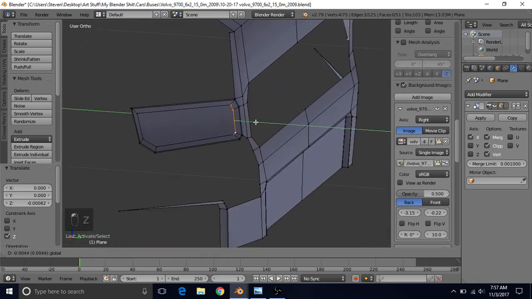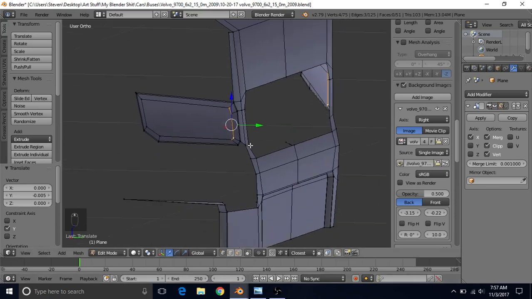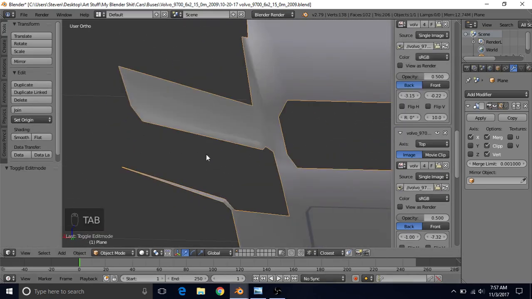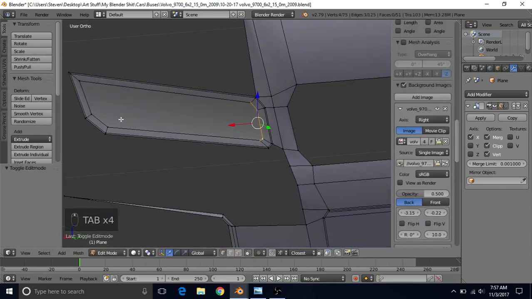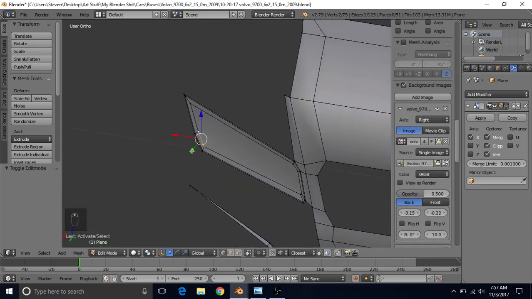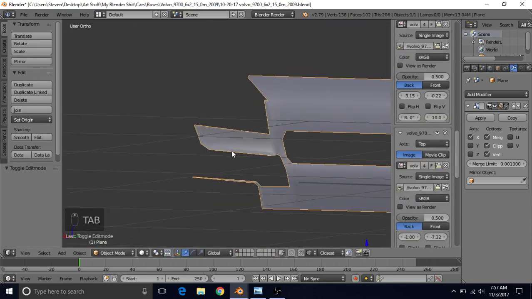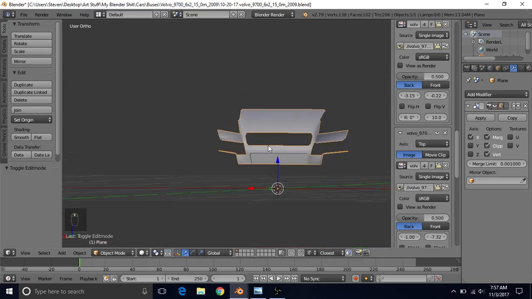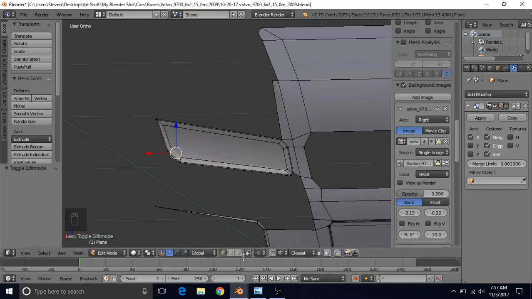And we want to pull them in as far as we think it needs to be in order to pull this in. I think maybe that's good, maybe a little more. And then we want to pull these 2 in, but not as much as we pulled in these. And we want to leave that last one by itself, so we see we have the basic shape of these lights already. I think now what we want to do is go to face select and select this face,